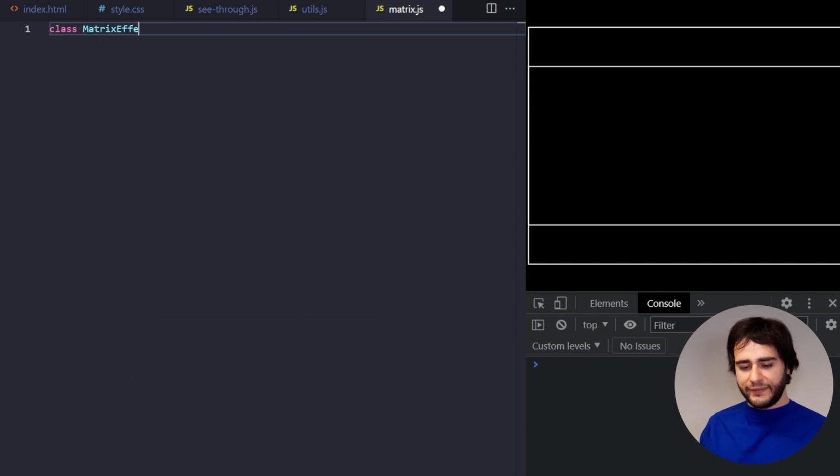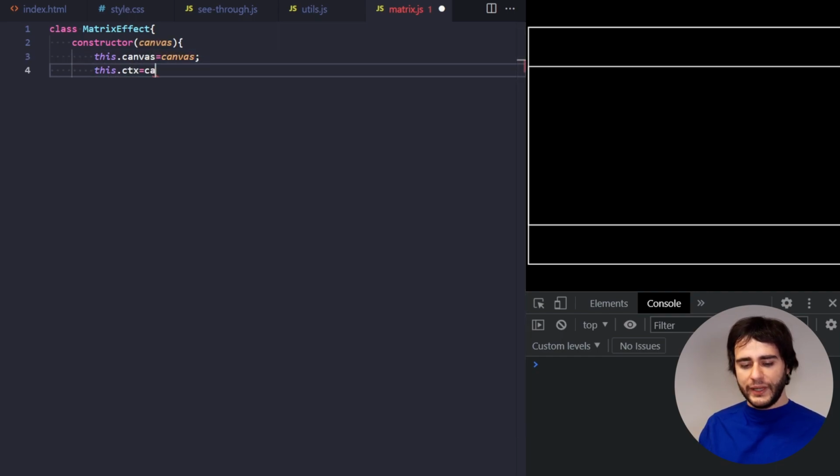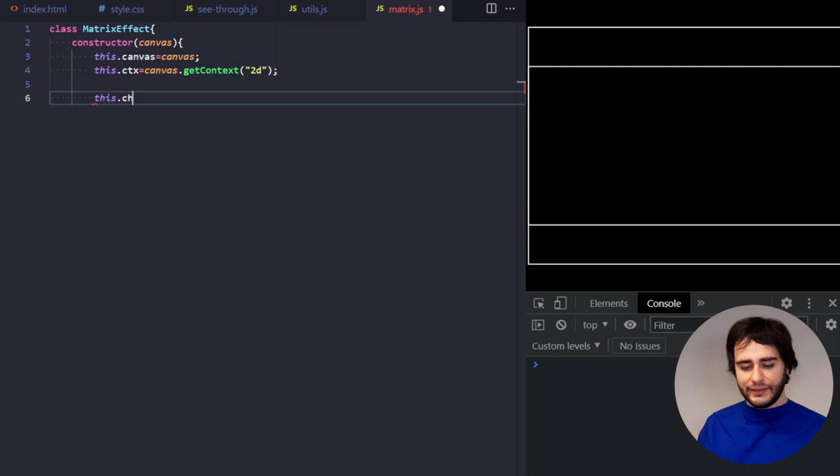So the matrix effect class is going to have a constructor that takes only the canvas where it's going to be animated on, and I'm going to store this canvas here, and let's have a quick reference to the canvas context as we did previously. And now we are going to need to draw characters here. So let's set a size for our characters to be drawn, and we need to figure out how big is going to be